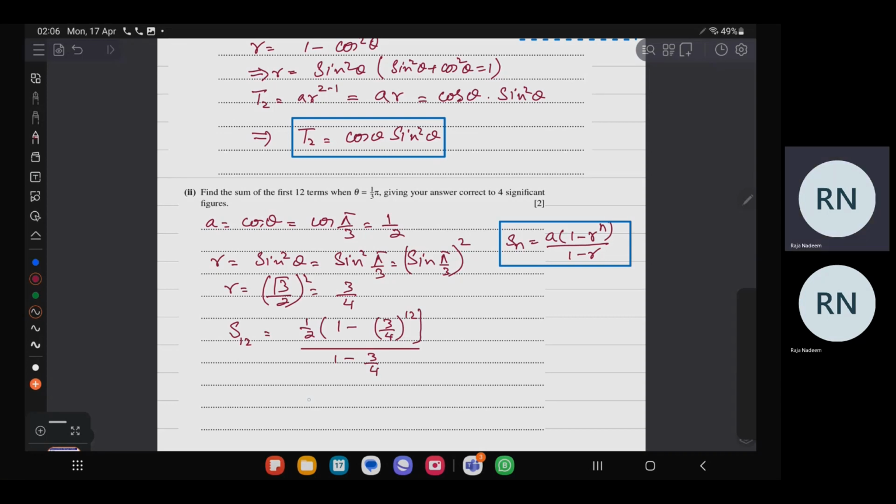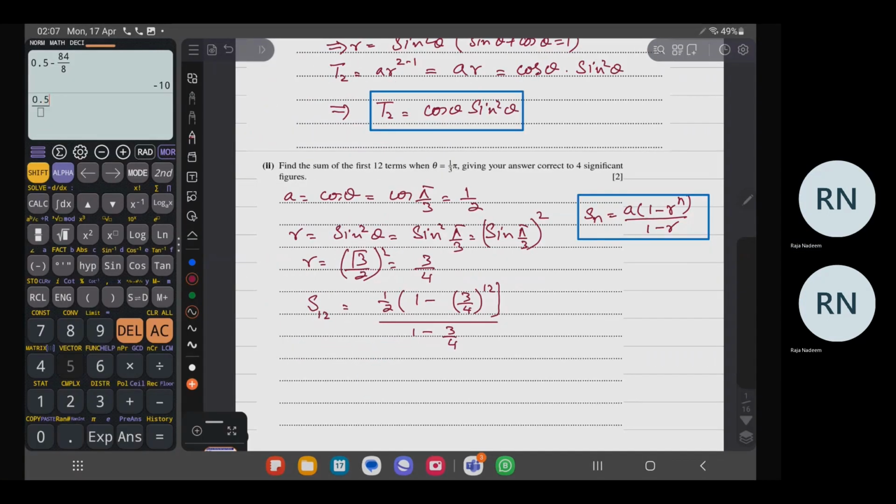We can use the calculator to find the answer. 1 by 2 means 0.5 bracket, and 1 minus 3 by 4 can be written as 0.75, and the power is 12. And here close the bracket and go to the denominator, and 1 minus 3 by 4 is equal to 1 by 4. So here I can directly write it 1 divided by 4, and when I write my answer, so my answer is equal to